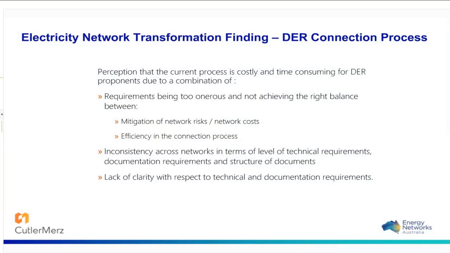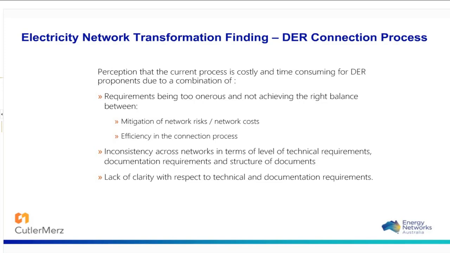I'd like to just introduce this piece of work. This is a very important piece of work that's come out of numerous studies that have gone on previously, and was also a major finding of the electricity network transformation roadmap, where it was identified that there was a whole lot of consternation and issues around how proponents at all levels of the system, from the low voltage system all the way up to the HV system, were having issues around connecting DER